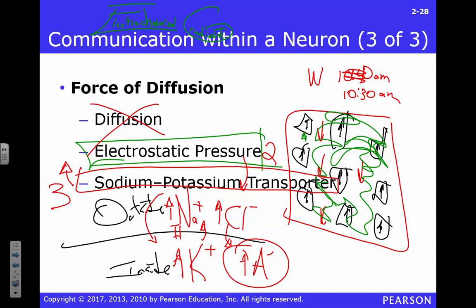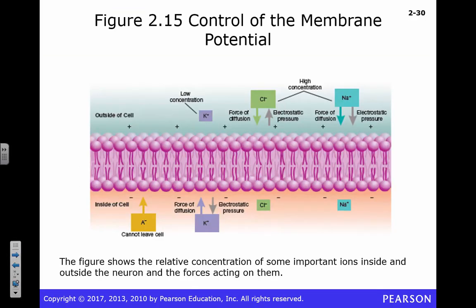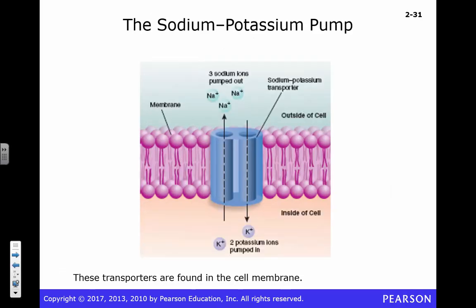I basically drew this for you, but here it is in a fun diagram without all my scribblings on it. This is your phospholipid bilayer. That's your cell. Remember, you've got this electrostatic pressure. We've got to open channels in here so these guys can flow in and out. Here's your sodium-potassium pump. 3 sodium out, 2 potassium in. It's going to create a net negative charge inside your cell. It's going to drive you as close as we can back to that negative 65 millivolts, that resting membrane potential.